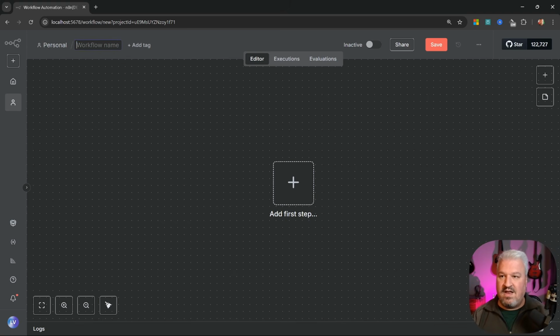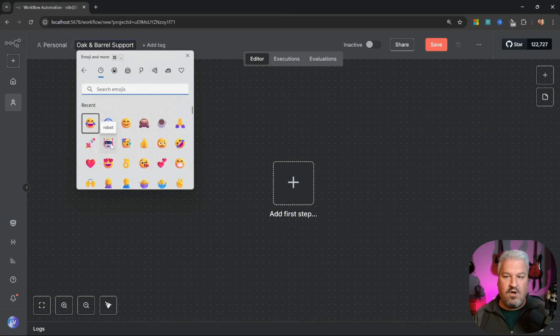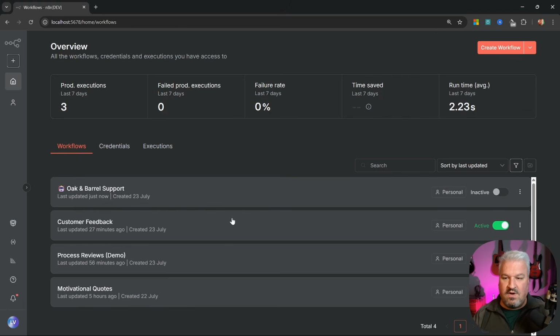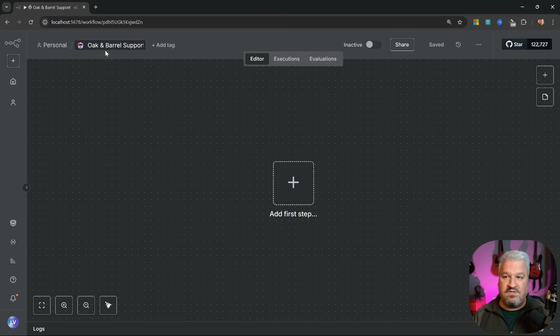First, let's start by renaming our workflow to something like Oak and Barrel support. When building agents, I like to add a little emoji, something like this little robot icon, like so. So that simply means that when I look at all my workflows, I can very easily see which one of these are agents. And by the way, on Windows, you can access all those emojis by pressing the Windows key